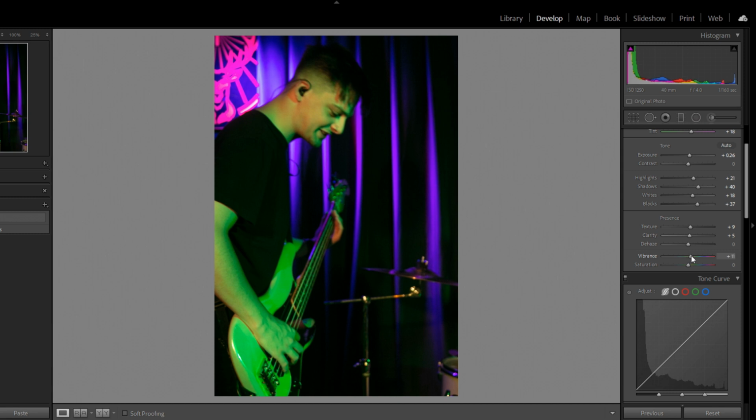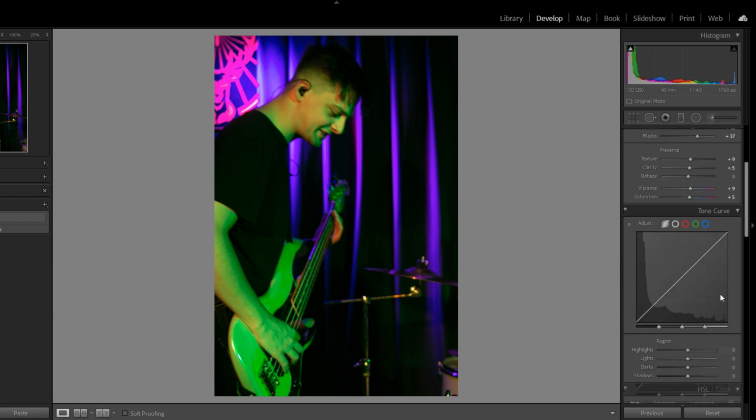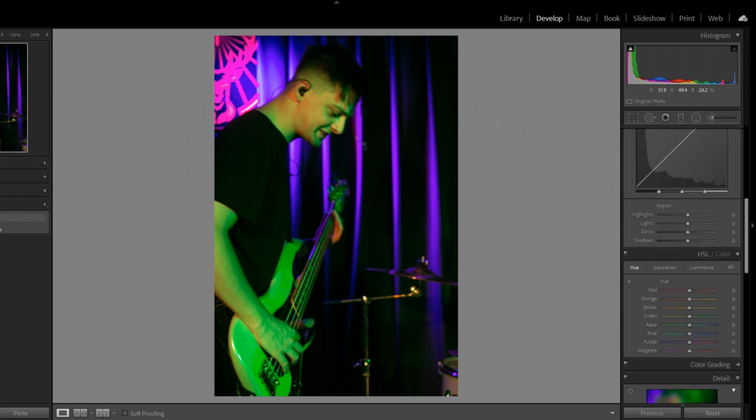Vibrance. Now I kind of do want it to be quite vibrant, but not too, because it's already quite vibrant, so I don't want it to be too much, and up the saturation just a small amount. I don't want it to be too bright, like, woof. Like, nah. Probably about, if that, man. If that, probably like 5. And then 11, maybe? 19? 9. We'll do it on 9. That looks quite colourful, but,